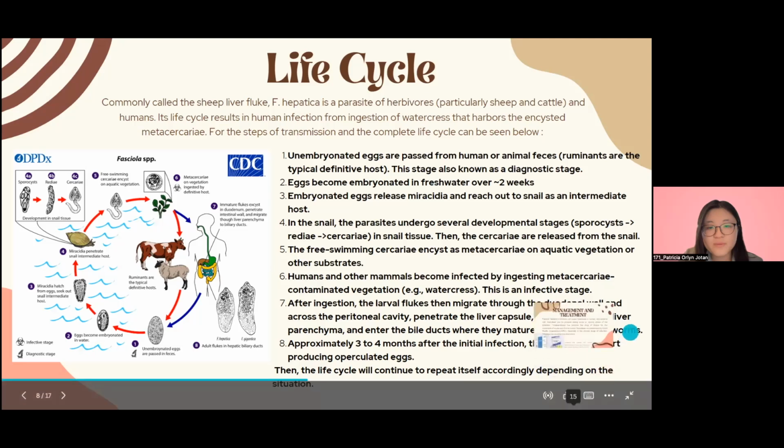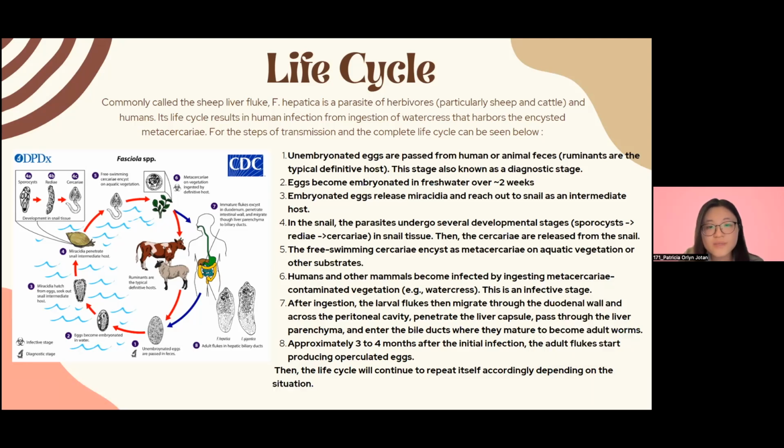The cercariae exist as metacercariae on aquatic vegetation or other substrates. And then the sixth one, humans and other mammals become infected by ingestion of metacercariae-contaminated vegetation, for example, watercress, and this is the infective stage. After ingestion, the larval flukes migrate through the duodenal wall and across the peritoneal cavity, penetrate the liver capsule, pass through the liver parenchyma, and enter the bile ducts where they mature to become adult worms. And the last one, approximately 3